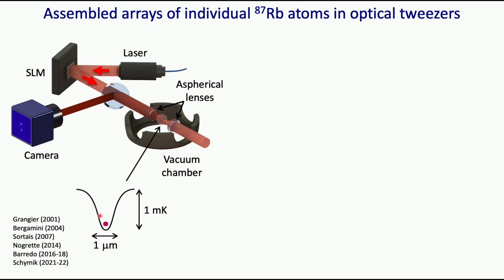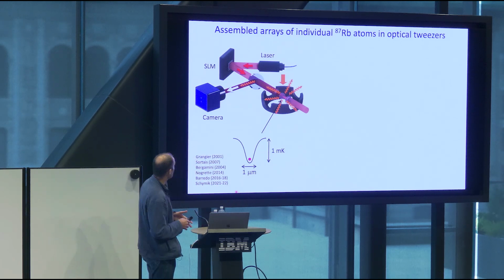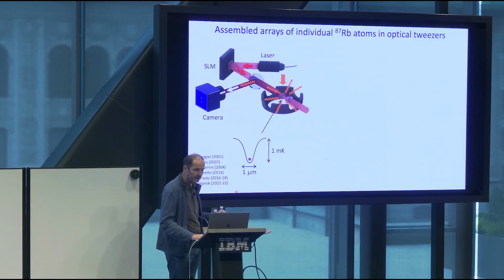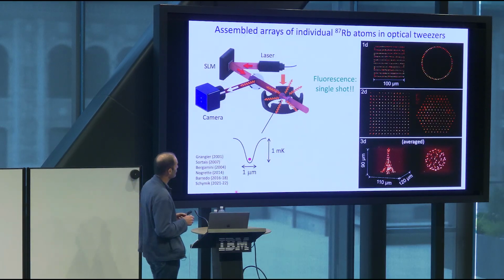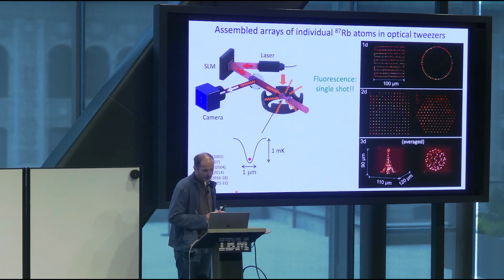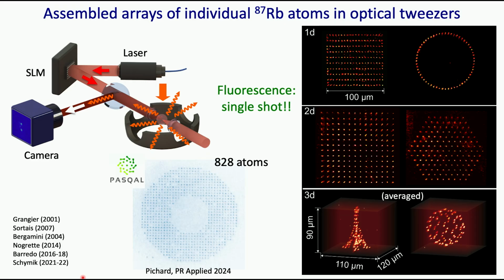There were lots of developments over the years that we did in our group, starting from 2001 to essentially now. The basic idea is that you can observe those atoms by just making them fluoresce when they are trapped in this tweezer, and we can arrange them in various geometries. Those are examples of geometries that we could prepare in our group. As of today, at least for us, the record is about 1,000 atoms. And as Misha showed, this platform is now able to manipulate nearly 1,000 atoms, or even larger.